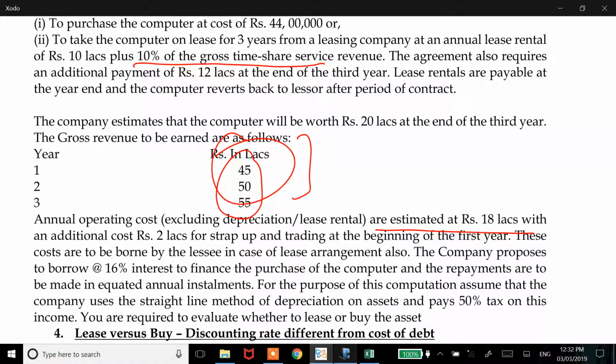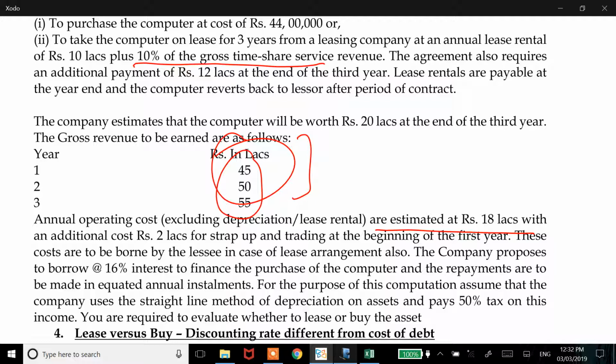So you will have to write an assumption whether these costs are to be borne in both the scenarios or only in the loan scenario, because you need to use it and then bring it back to the correct state. So you can take an assumption. In case you take an option stating that it is not going to be incurred,